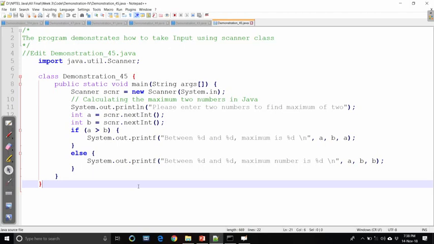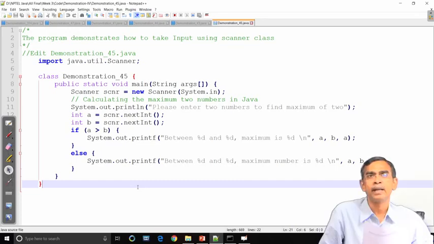This is the typical syntax: new is the keyword to create an object, the object's type belongs to the class Scanner, and the argument you have to pass by default is System.in, the standard input, meaning the keyboard. So Scanner will read some value from the keyboard. This is the way we create an object, and its name, scnr, is user defined.